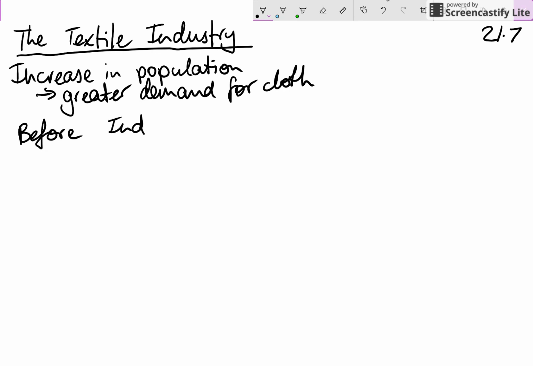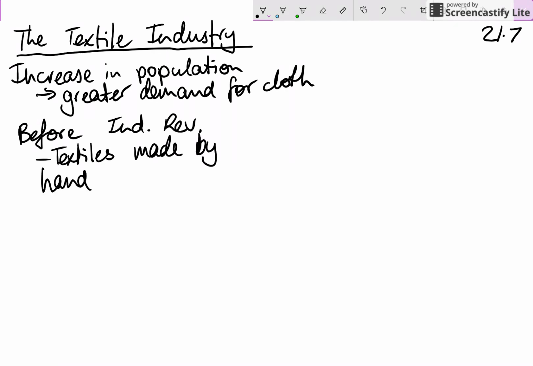All right, before, and I'm not even going to write out Industrial Revolution in full because there's not a lot of point. So before then, textiles made by hand. What are textiles? So textiles are fabric, all right? So textiles is fabrics and cloth and all that sort of stuff. All right, then we have,